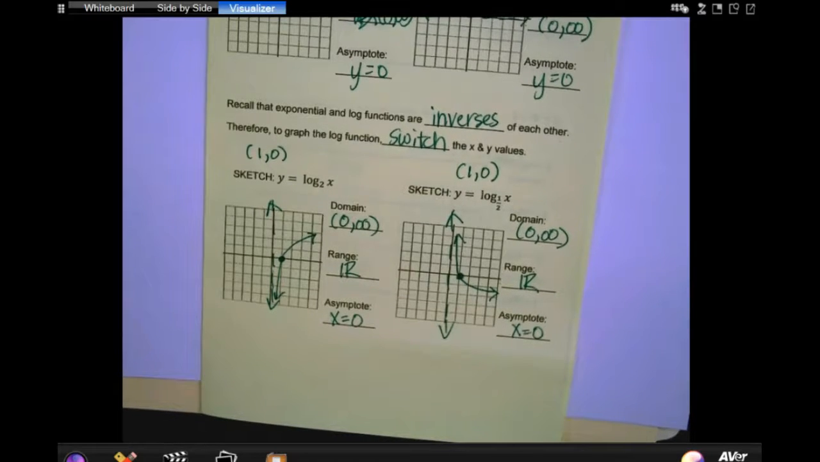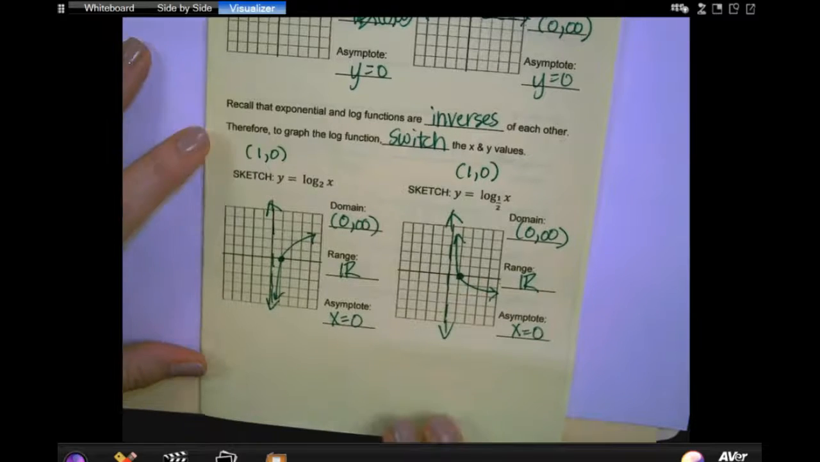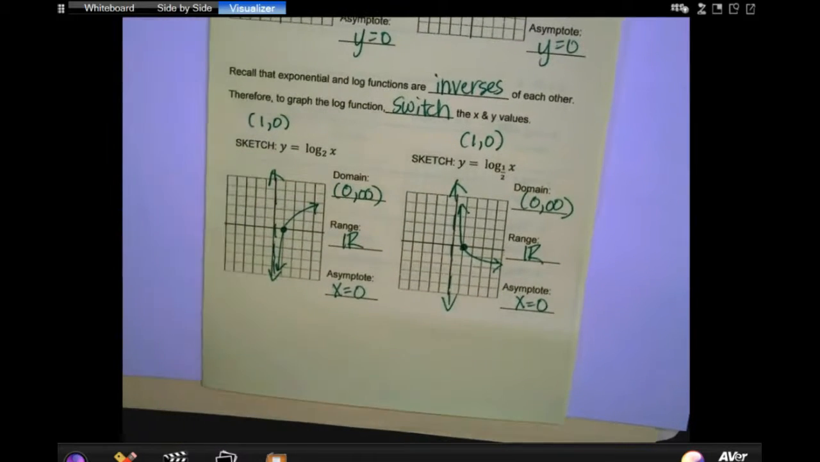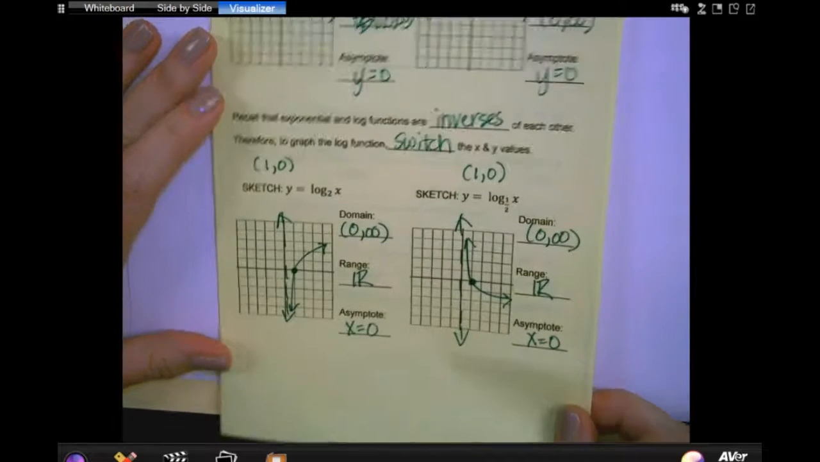So on all the homework you do today, all you have to shift is the asymptote and that 1 point. Okay? That's all you're going to have to shift. So also, before we move on,